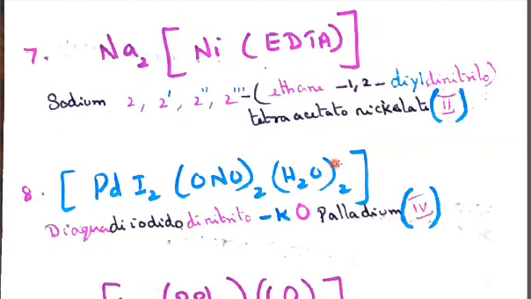According to the alphabetical order, all the ligands should be named in order. The first one is aqua, then iodido, next nitrito. So diaqua, then diiodido, then dinitrito. This is the O donor. Then the central metal ion, palladium, the oxidation state +4, written in Roman numeral IV enclosed in a closed bracket.